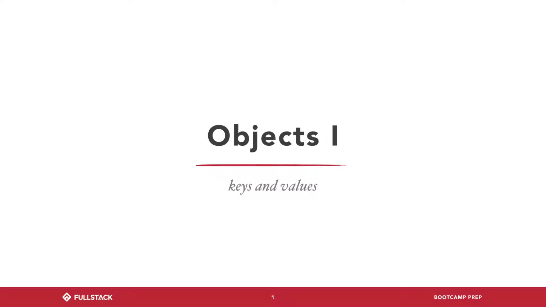Objects 1, indicating tomorrow is going to be objects 2. So you'll be doing a lot of objects over the next few days, and it's probably one of the most important things that you'll learn about JavaScript because, really, objects are, I would argue, one of the most common non-primitive. Well, it is the only non-primitive data type, but really in terms of real world use,